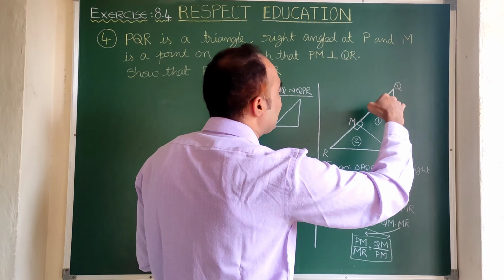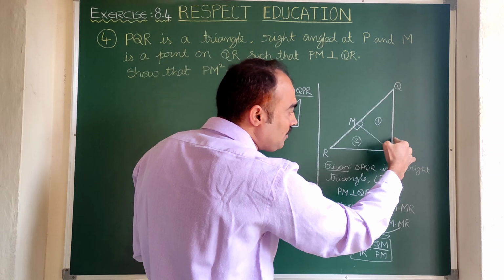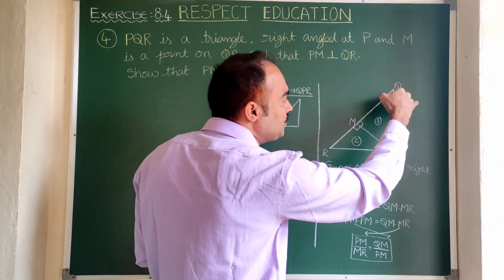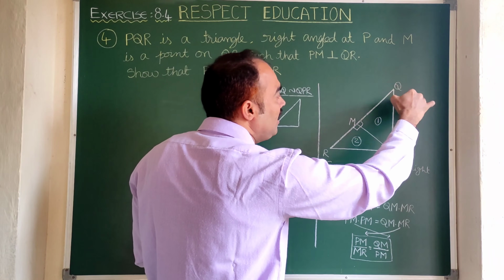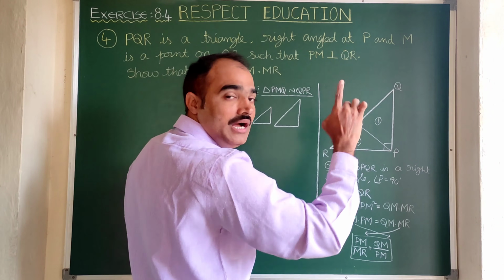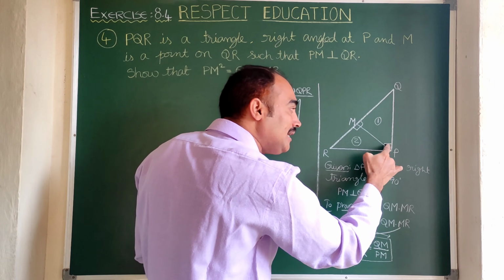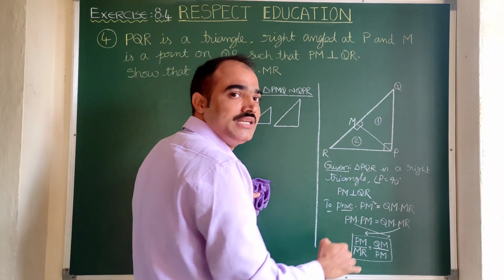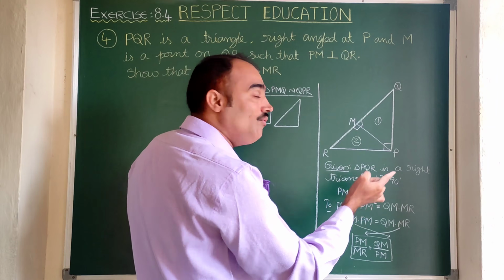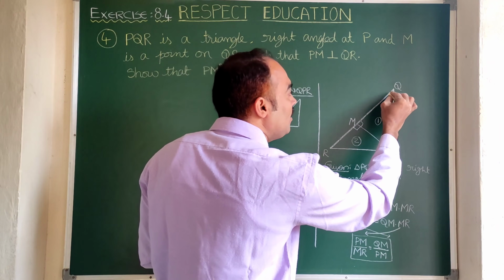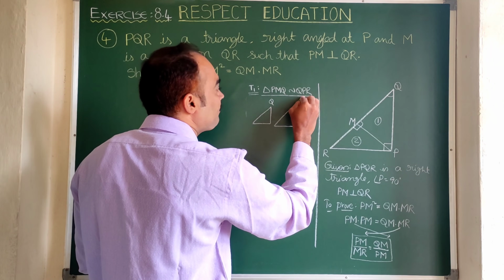So what is the first triangle? PMQ. You are covering this part of angle P, this part of angle M, but full angle Q, right? In QPR also, full angle Q is covered in both. Observe carefully. In QPR you are covering angle P, but that angle P is not completely covered in the first son. Angle R you covered, but angle R is not there in the first son. What is common for the first son and the father? Only angle Q is common. Which is common? That can be written up, right?